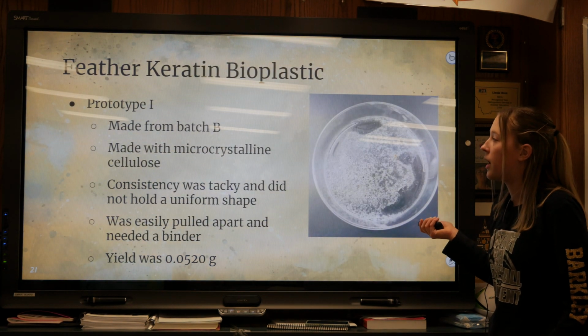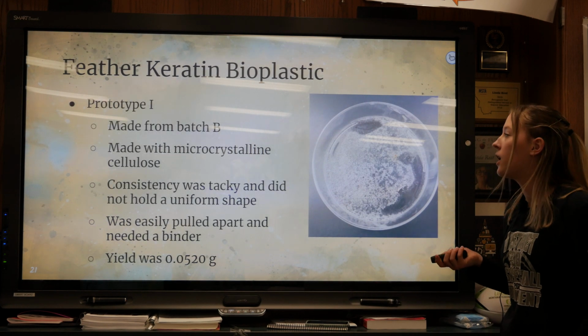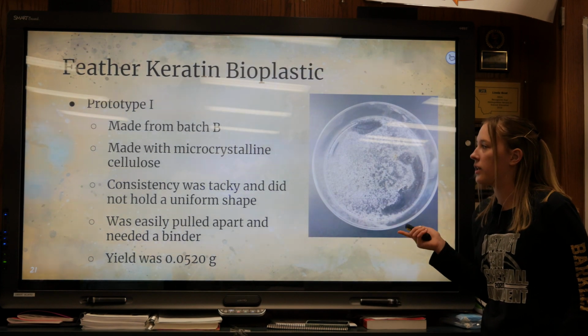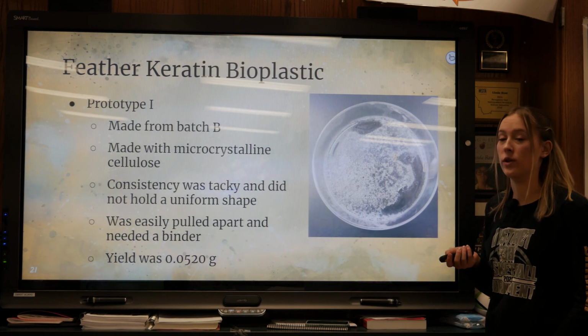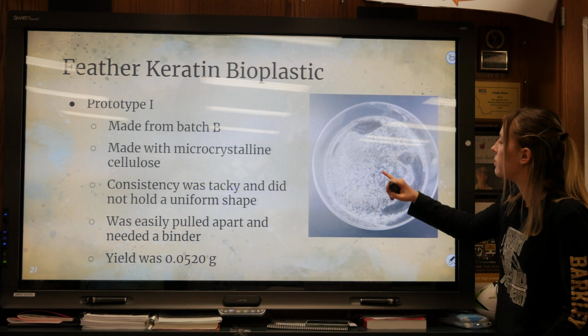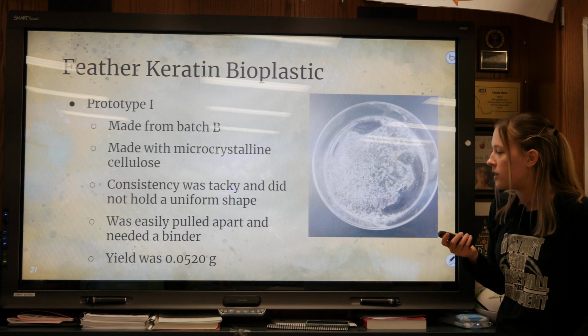So my feather keratin bioplastic, the prototypes were both made from batch B. I made this one with microcrystalline cellulose. Its consistency was tacky and did not hold a uniform shape, plus there were bubbles in it. It was easily pulled apart and it needed a binder. The yield was